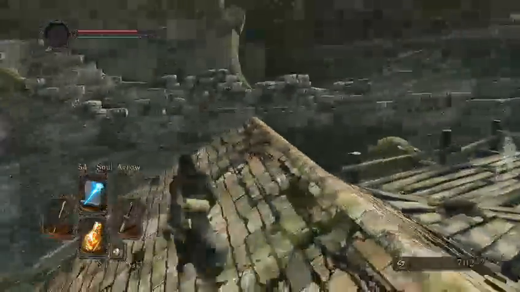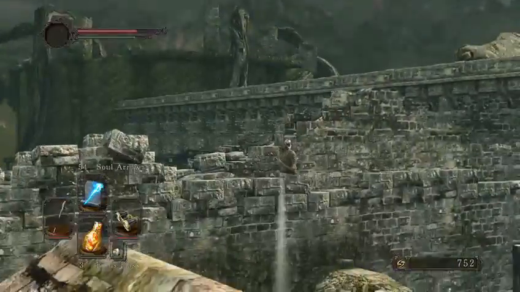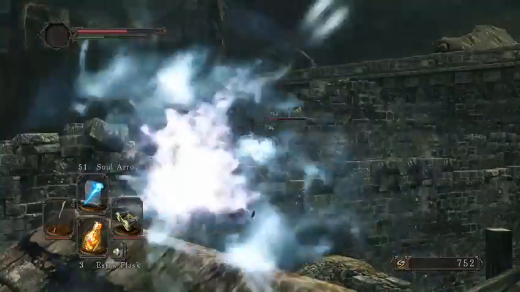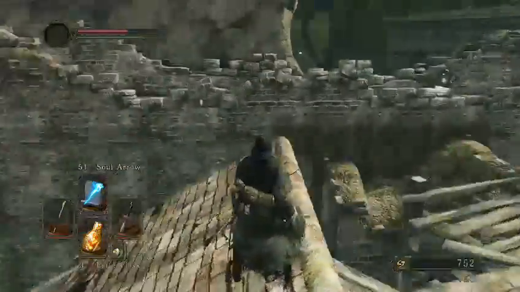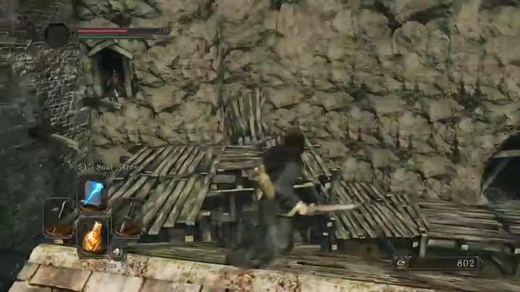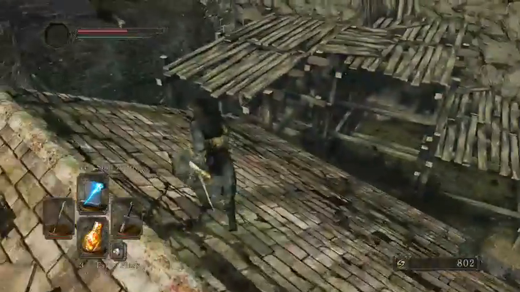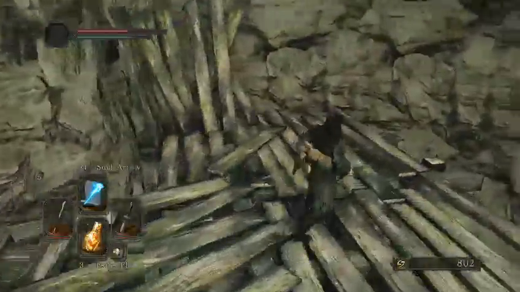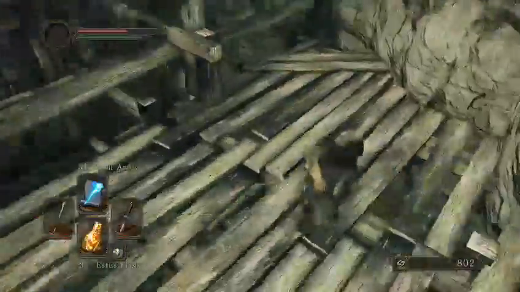If you're a melee build, you can go around and get that guy, but we'll be going over there in a second. We're just going to take this guy out from here. It's just easier. Alright, so from here there's a couple things we can do. But first, we're going to go to the path of progression. Well, you don't really need to go this way, so I guess it's not too much progression, but